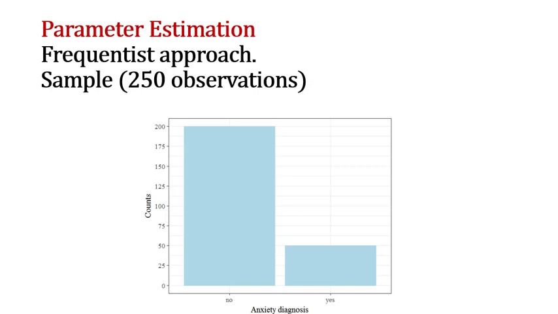So basically, in this sample, which is representative of the population, 200 were diagnosed with no anxiety, and 50 were diagnosed with anxiety. So this can be expressed in counts, so 50 out of 250 yes, and 200 out of 250 no's. It can be expressed as a proportion, so 50 out of 250 is a proportion of 0.2 or 20%